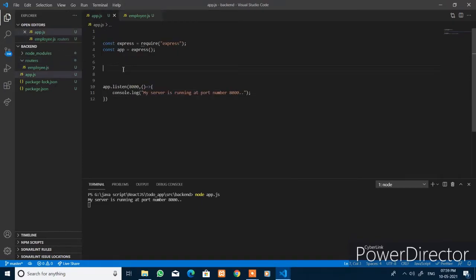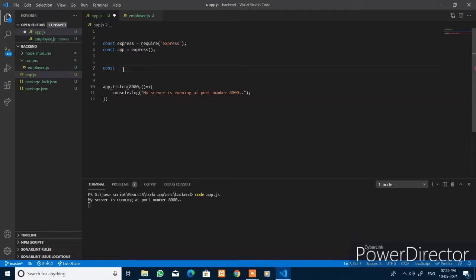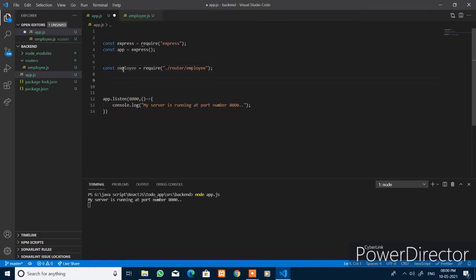Now within this app.js, you import that route and store it in the variable, say const employee, and require with the relative path routers/employee.js. No need of saying the extension, and below that you add the middleware app.use and say employee.